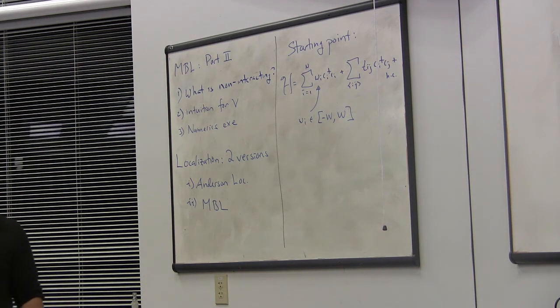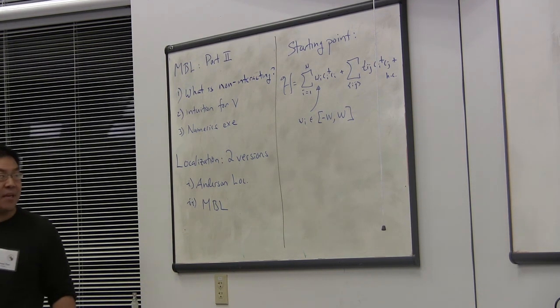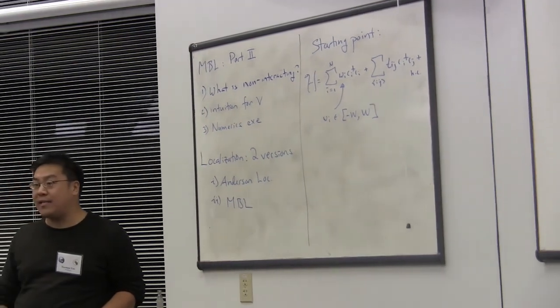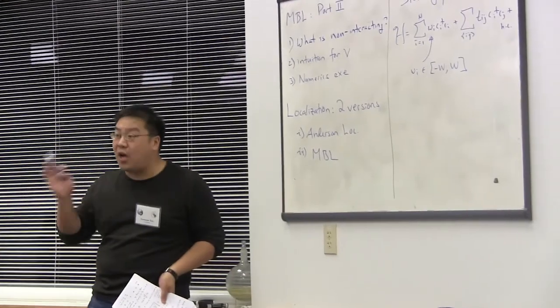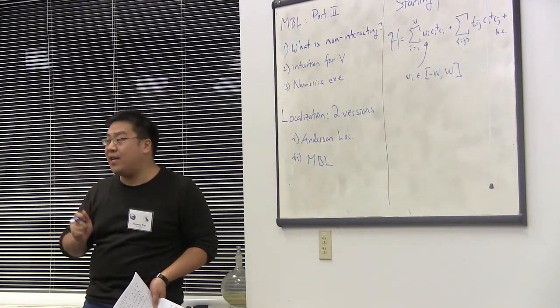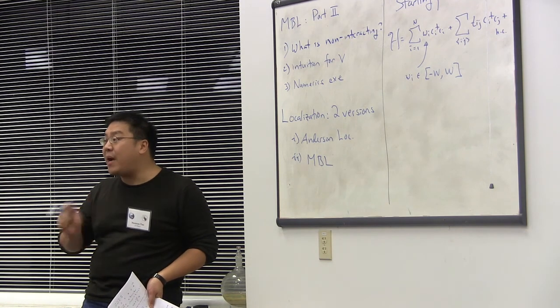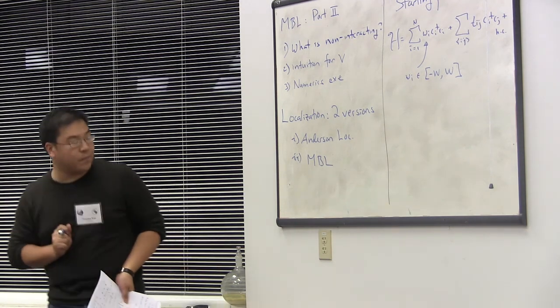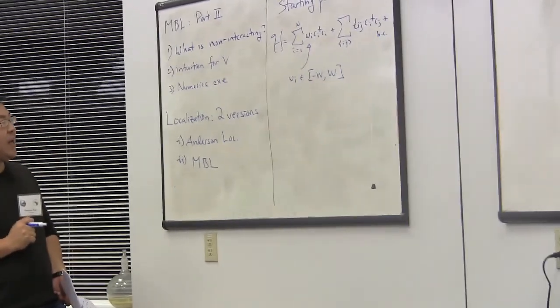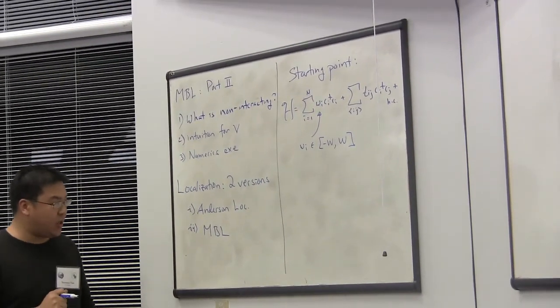So Dima wrote up a beautiful slide at the very end that had the difference between ETH phases and MBL phases, and I'll give a specific example in the numerical context, something that you may have heard of a lot, the level statistics gap ratio. I'll explain exactly what that is, how to calculate it, and what people expect to see in terms of the transition.